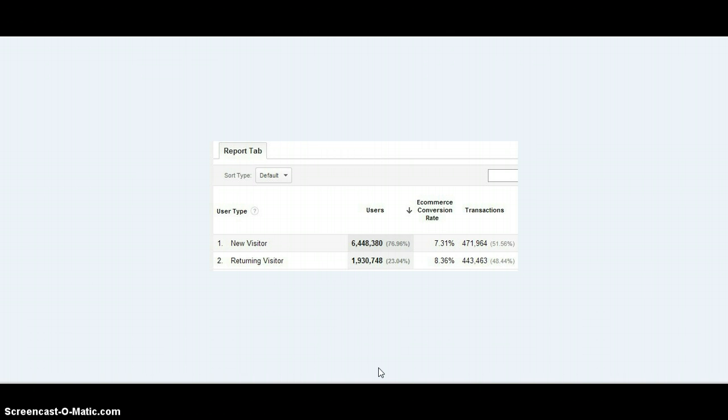Sometimes websites leak money because they try to sell new visitors too aggressively. But sometimes it's better to focus on email capture for new visitors. Keep in mind that you'll make more money if they come back. By focusing on sale too early, you might be scaring people away and that's causing money leaks.